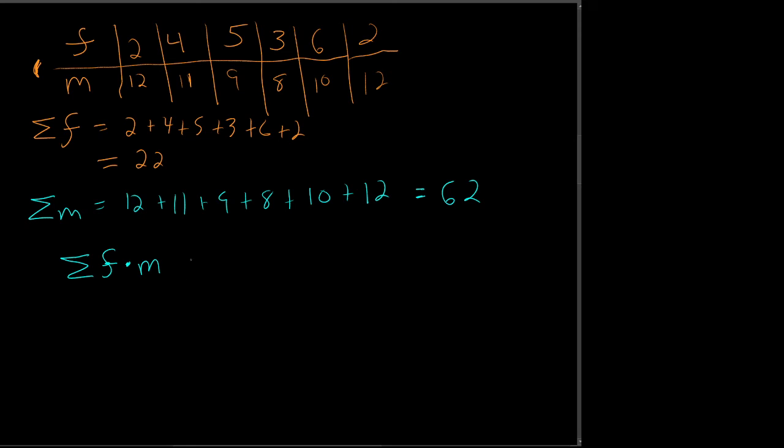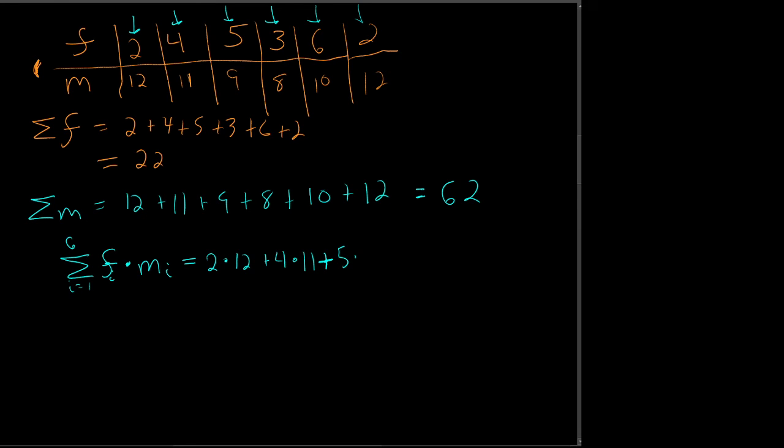And so I can multiply. Remember, these come in pairs, and this is why I keep the little i's. Because if I kept the little i's in here, from i equals 1, 2, 3, 4, 5, 6, when I pull these out, I know I want the f in the first place and the m in the first place, because my little i's tell me that. Whoops, they're not added though. They're multiplied. So I have 2 times 12 plus 4 times 11